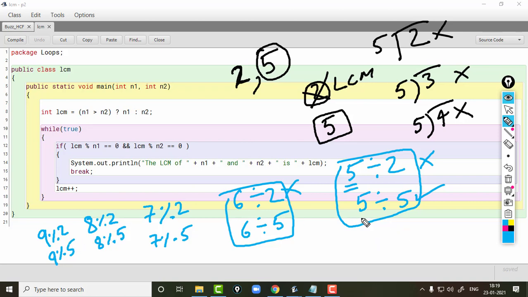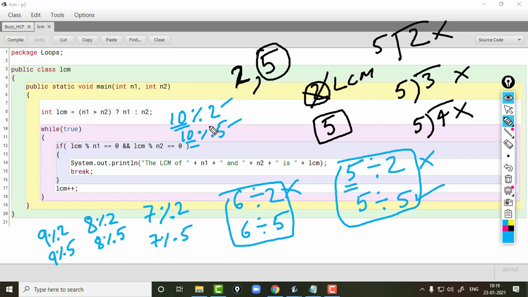Then we'll check 10. 10 is divisible by both 2 and 5. That means 10 is the first, the smallest number that is divisible by both 2 and 5. So this is the LCM of 2 and 5.